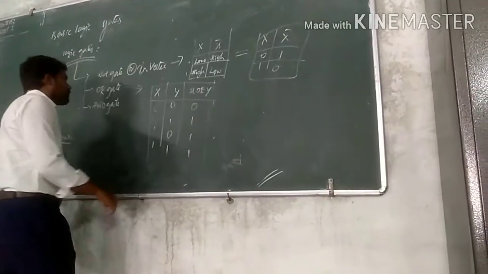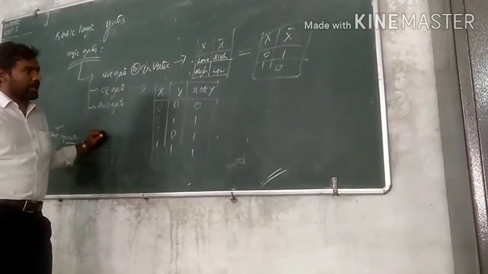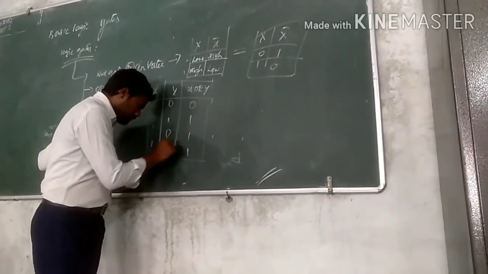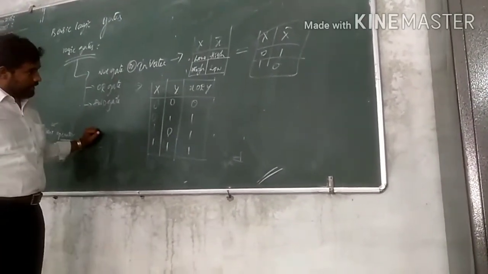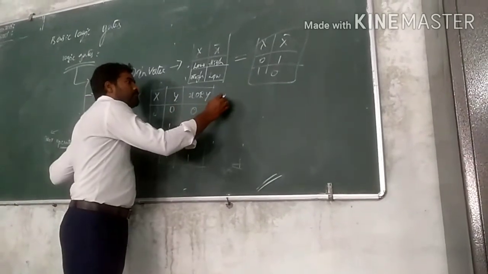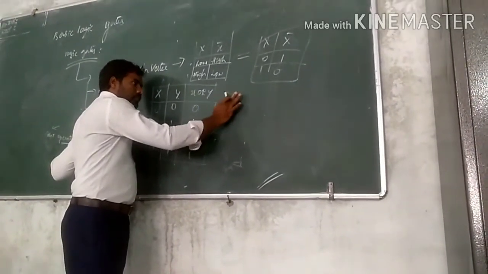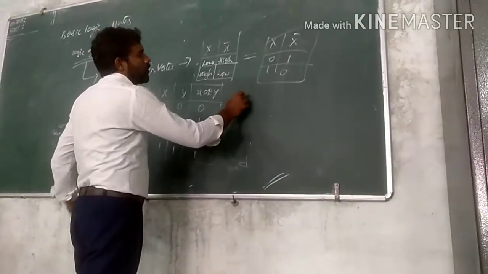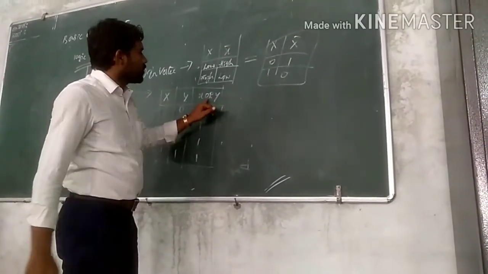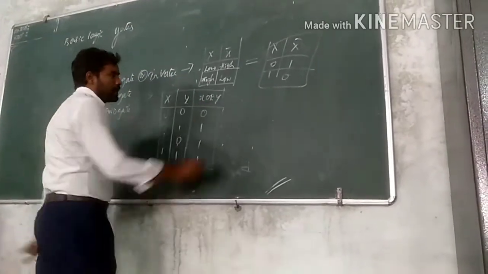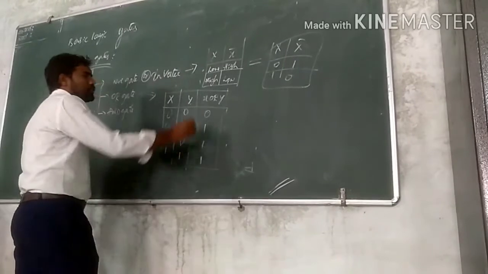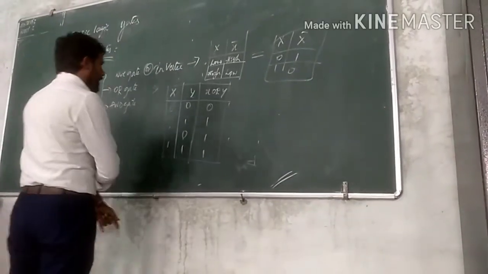In the examination, if you need to answer, write down the truth table for the OR gate, you will write down the OR gate truth table like this. Clear? Don't use any kind of operator like this. You should write x or y, and don't write x plus y like this. So it is illegal. You should use x or y over here.